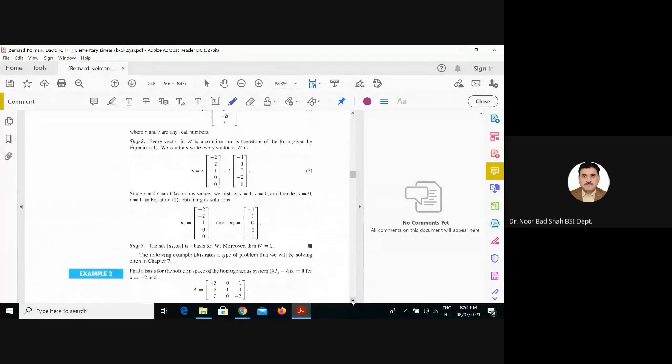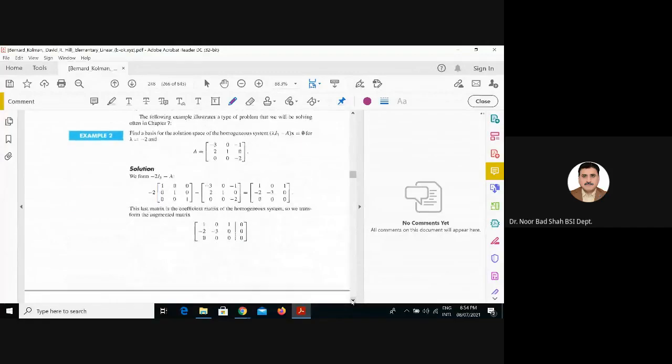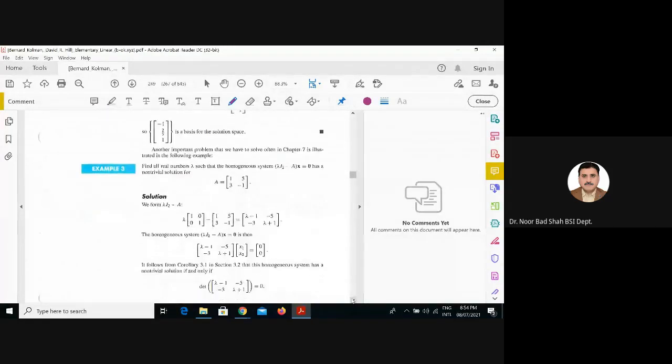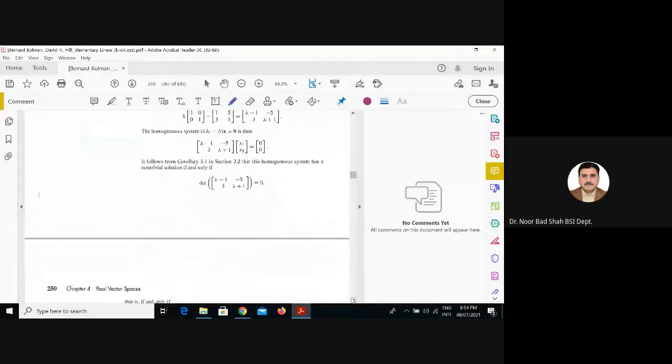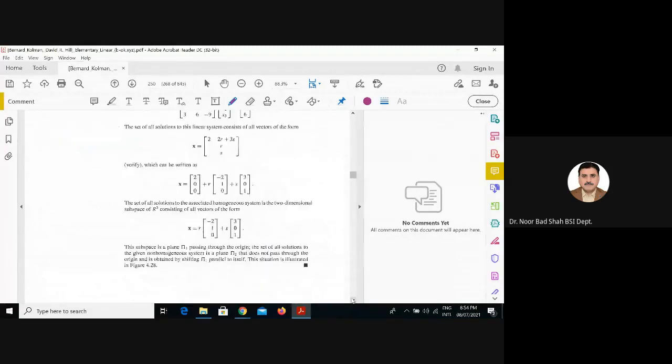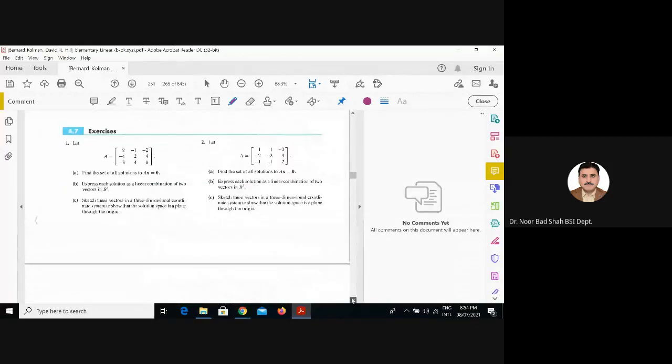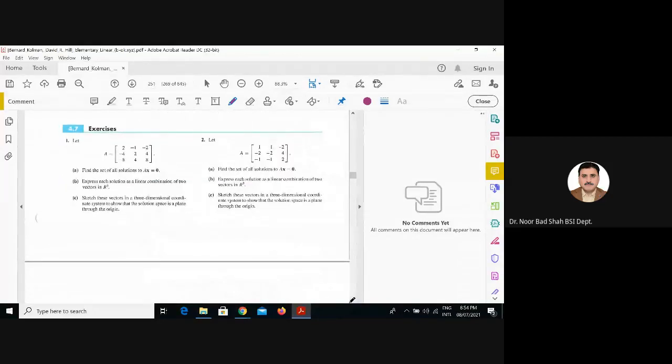Example 2 is simple. We'll be doing that maybe in the next chapter, so forget about that at this moment. It's an eigenvalue problem, or eigenvectors. Examples 2 and 3 are both the same, so forget about that. Right, so let's move to exercise 4.7,